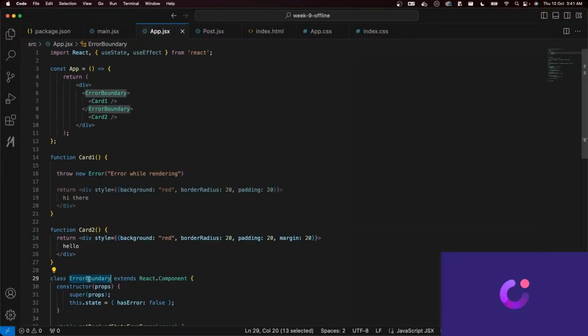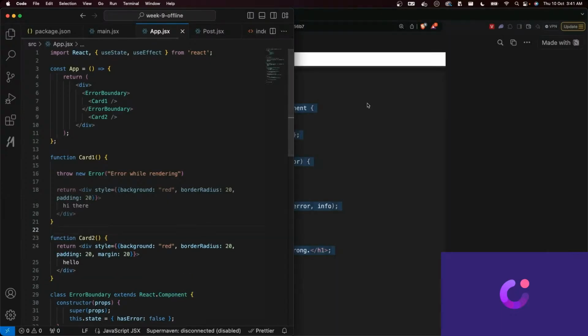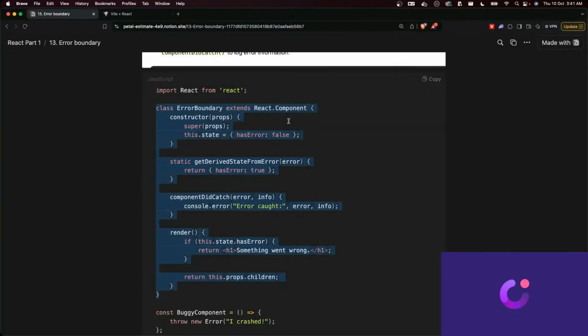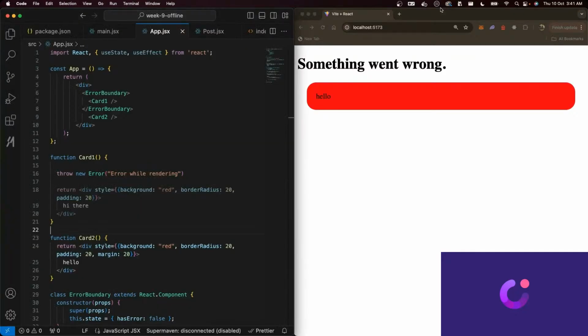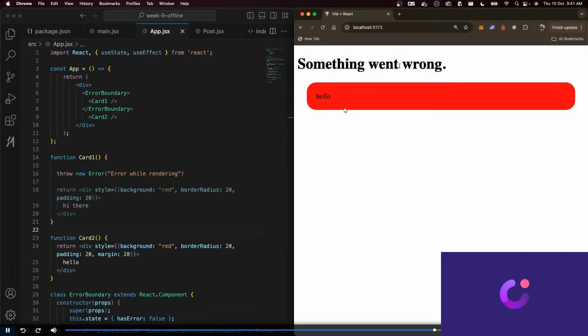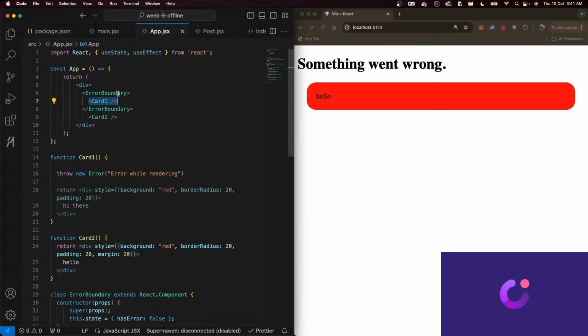So you can also put it in a separate file and export it from here. React is imported, so React.Component will be available. Let's see what the UI looks like right now. Can you see there is a fallback UI that appears? Because I've wrapped this card inside an error boundary. And in the error boundary, I have said,